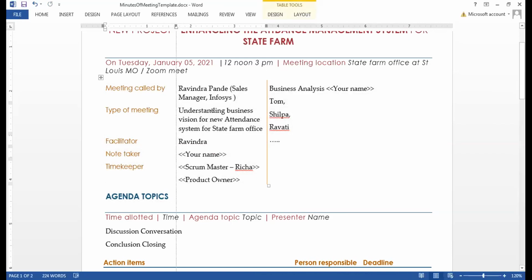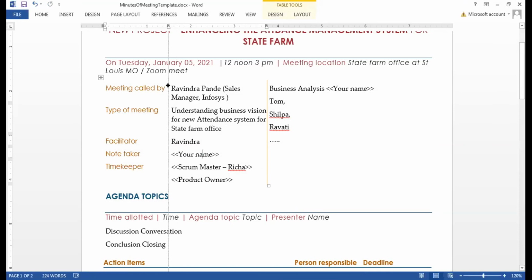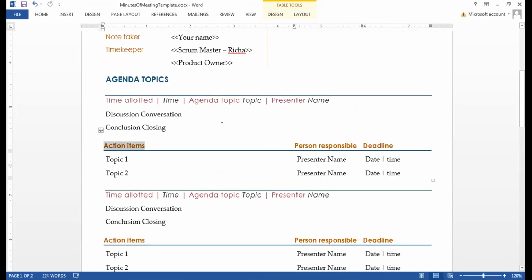These are the two most important persons we include, besides the normal persons which you see. These were all there in the meeting, but these two are mentioned even if they are not there, because they'll review this minutes of meeting, they'll listen to the voice recording if they are not there. We'll come to those later. Then the agenda. What was the agenda? Discussion and conversion. So we discussed about the iris scanner. We discussed about the office of State Farm in Urbana-Champaign, where there are 6 gates, and I need 4 iris scanners of Philips company and 2 iris scanners of Sony company, and so on and so forth.